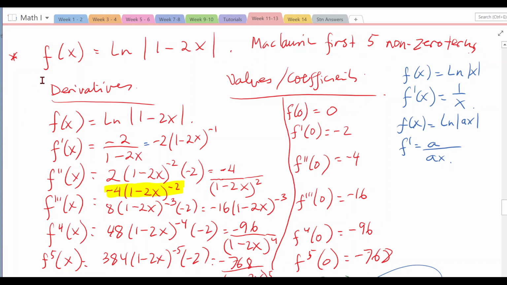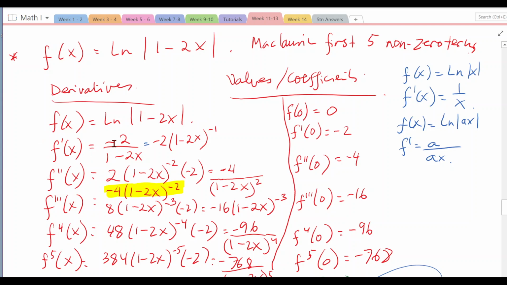Just like I explained before, we divide the answer into two columns. The first column on the left is the derivative of the function, and the right column is the coefficients of the variable x for the Maclaurin series, based on the value of the derivative. The Maclaurin series will have x equals 0. The original function was ln(1 - 2x), so we just have to take the derivative of that.